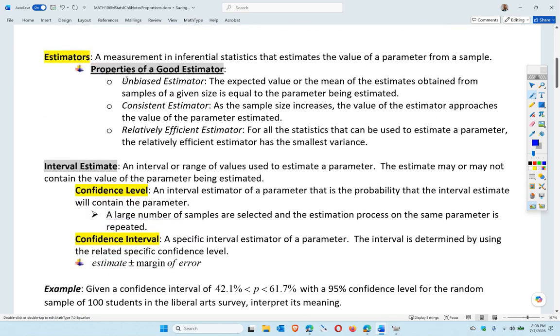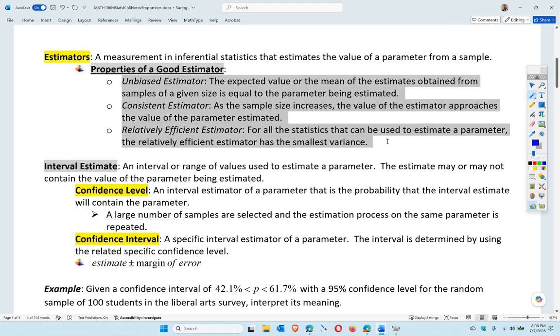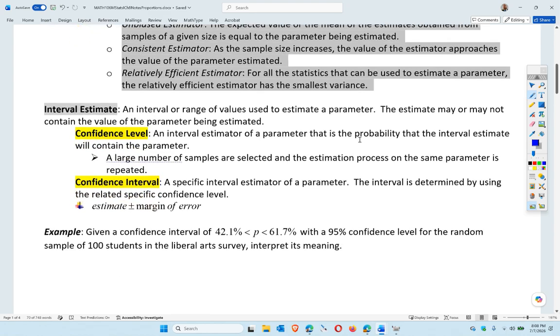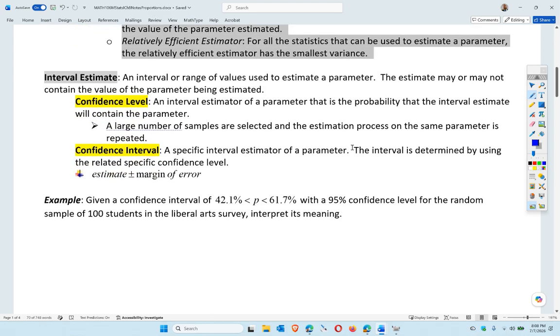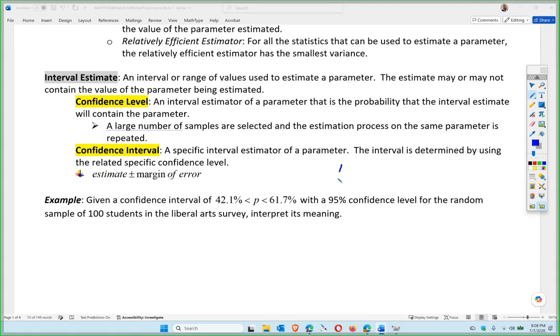Okay. All right. So the estimator needs to be unbiased, a consistent estimator, and a relatively efficient estimator. So you must meet these three qualifications to be a proper estimator. If you don't meet those three, you're not. So the things we care about are the confidence interval and the confidence level, essentially, which are not the same thing. Okay, so this is the confidence level here, and this is a confidence interval. Typically, you don't write it like this. I'm doing this as an example. So typically, you'd write